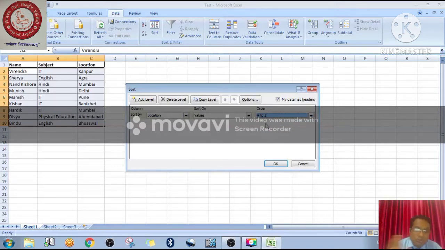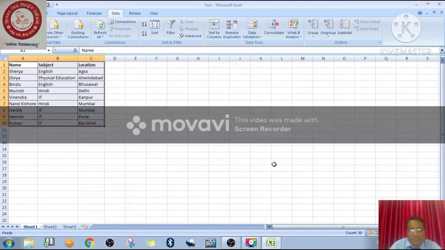After doing this, your data will be in sorted order. Let me click on that and let's see what is happening here. See, all the data is getting arranged here: Agra, Ahmedabad, Bhusawal, Delhi, Kanpur, Mumbai. See, Mumbai is two times, right? It's clear or not? I think you are able to understand what I am trying to say here, right?